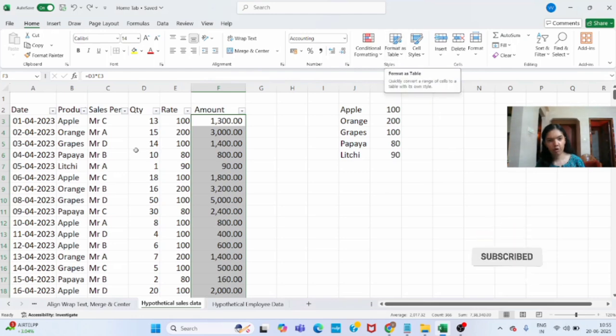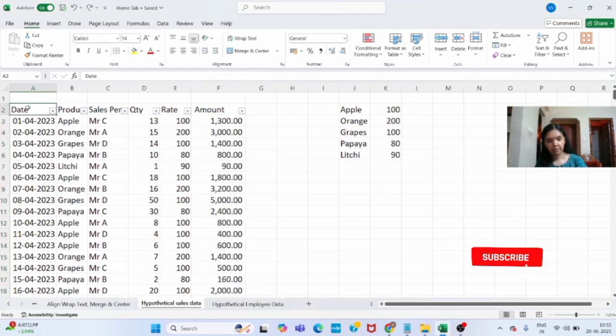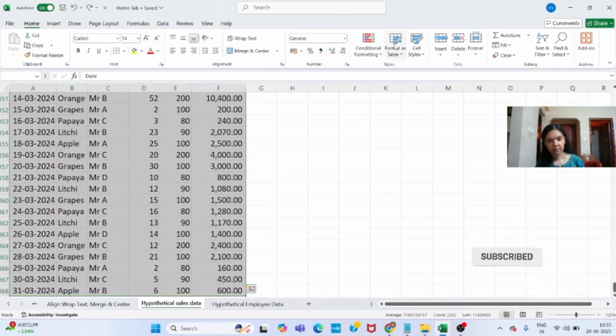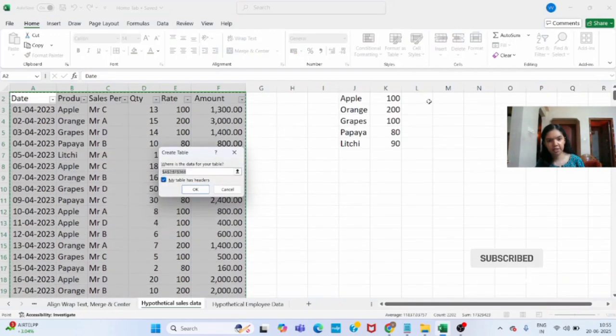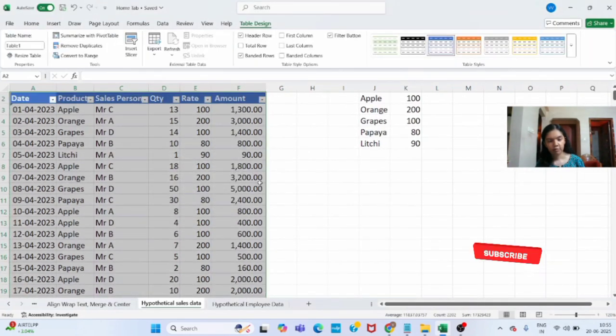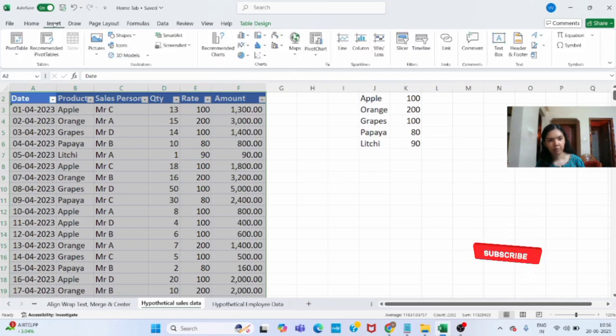Now we will see the next option, format as table. I will select this entire range and there are various table designs here. Suppose we click this design and just click OK. You can see your entire data has been converted into a table design and a new tab has been activated here as the table design tab. We won't go into detail for this because when we further learn about the insert column, we have a separate tab for tables. When we learn this, we will see these options in detail.